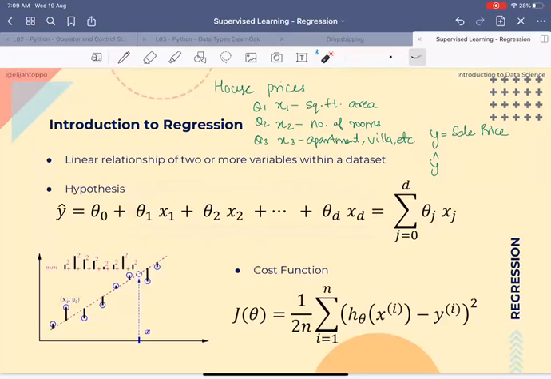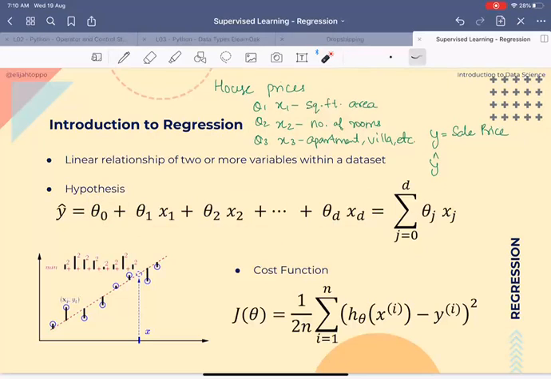Okay, great. So within this journey, we also add something called theta zero, which is the bias price, or the base price of the house. So you say, based on all of the data we have, irrespective of the square feet area, or the number of rooms, or the apartment or villa, if I just take the average of all of the prices, it says irrespective of either of the features, this should be the price of the house.